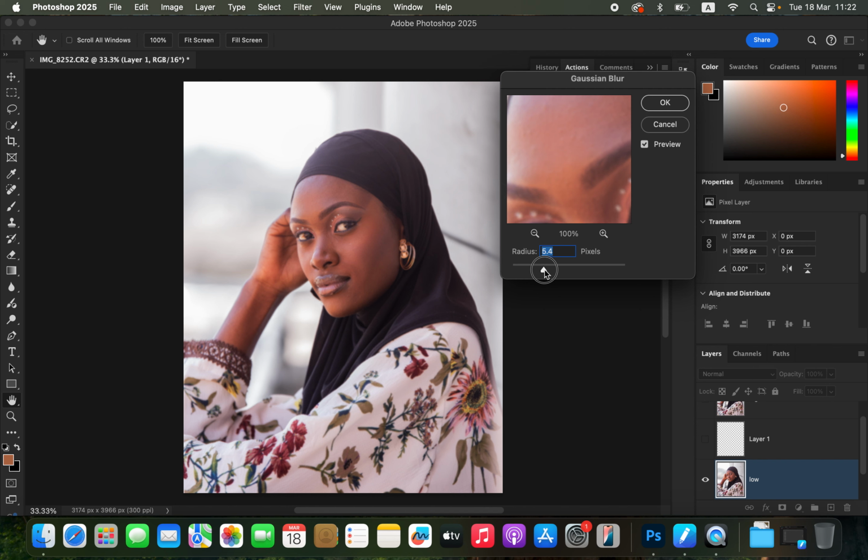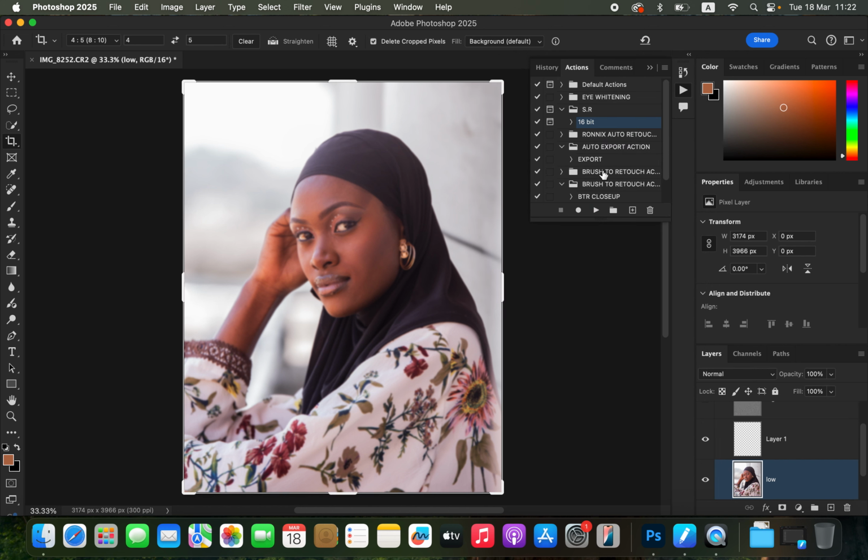So I'll just take this higher to around, I think, 6. That is when the details are just starting to disappear from this kind of image. I'll click on OK, and the action is done creating for me the frequency separation layers. So with frequency separation, we are simply going to come and, with the low frequency layer selected, come to the